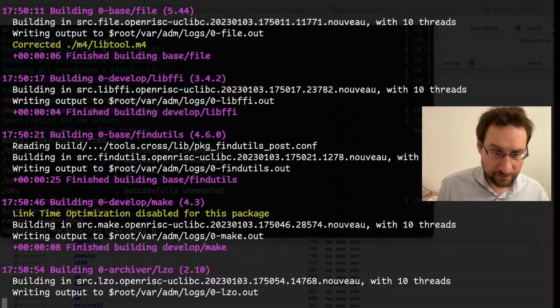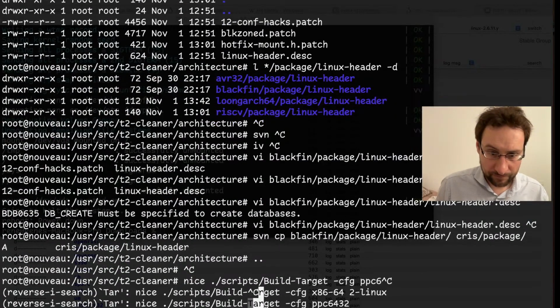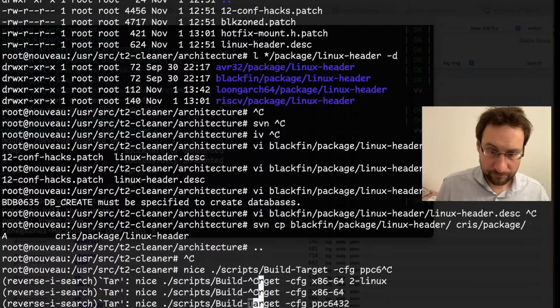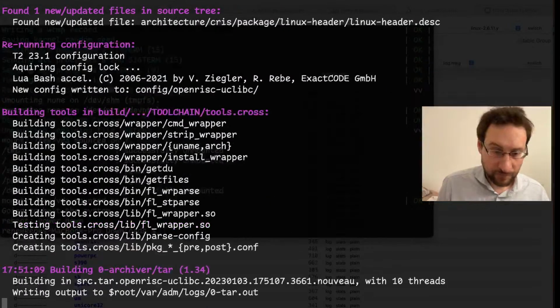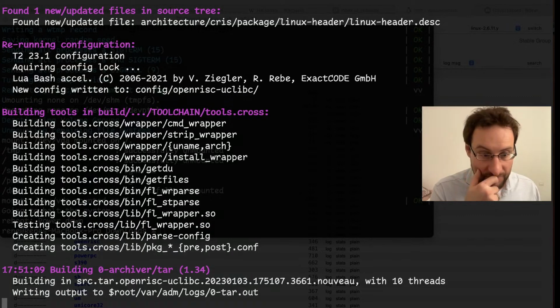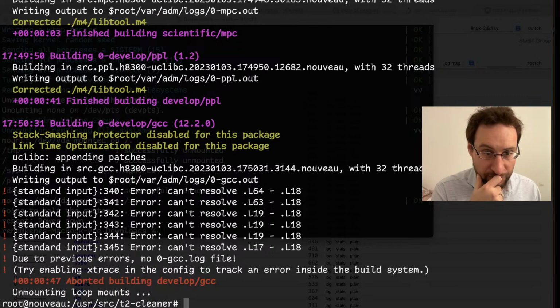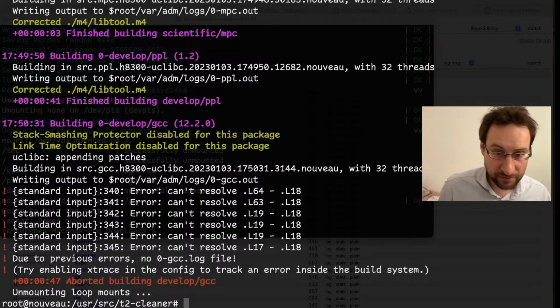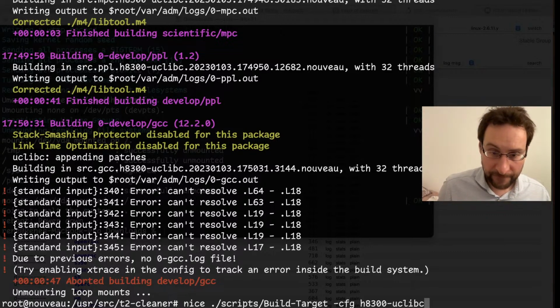Where did I build that? Is it not here? Here we build. So that stuff is still building. That is theoretically, do we need? Oh wow, GCC can't resolve. What the heck?